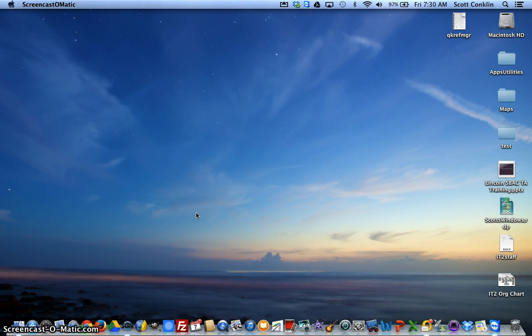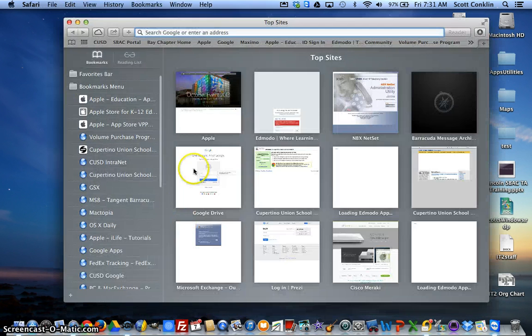Many moons ago, you couldn't have done much about it, because once you deleted something from your Outlook, it was gone for good. But luckily, we have now complied with the law, and we are in fact archiving all of our emails. It's a relatively simple process to get to the archive system. Open up a browser, and Safari works just fine, and go to the website for the archive,